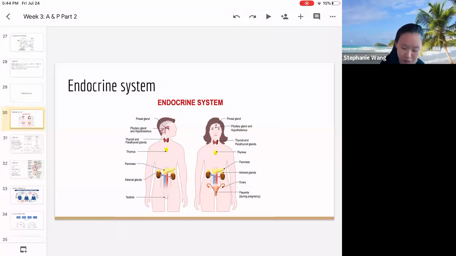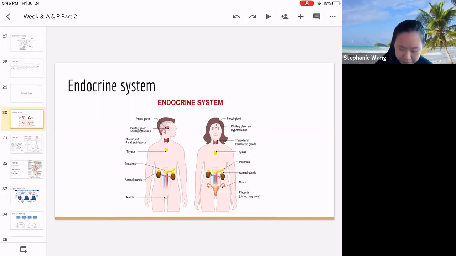So pretty self-explanatory there. And next we go down to the thymus. The thymus is involved in T cell maturation. So that's the primary function of the thymus. And T cells, if you remember, are immune cells that help fight infections in your body. So going down, we see the pancreas, and the pancreas's primary function is regulating the concentration of sugar in your body by secreting 2 main hormones, insulin and glucagon. So insulin is meant to decrease the concentration of sugar in your body, and glucagon is meant to increase it.